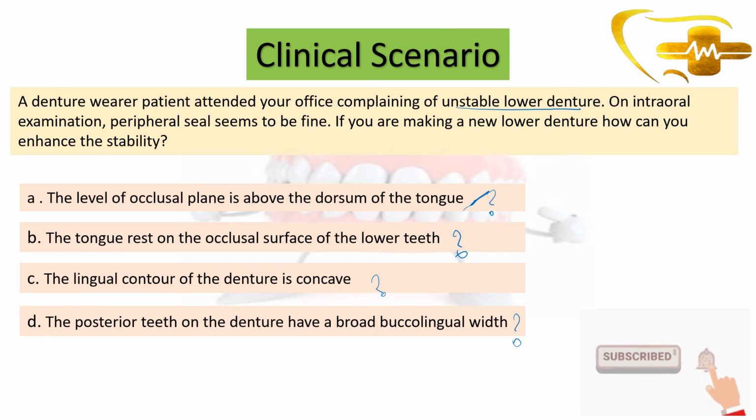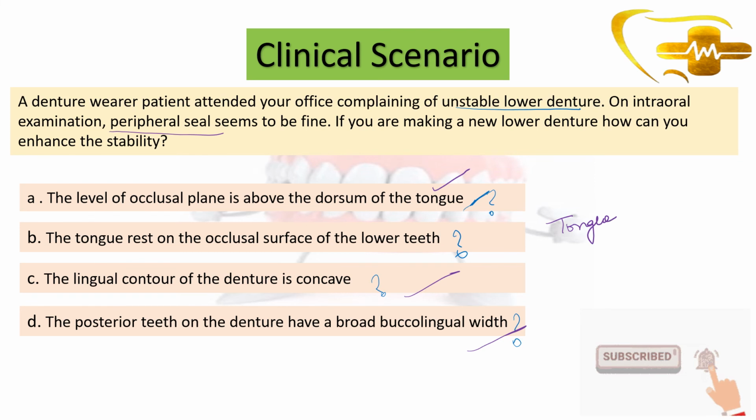See, if the patient is complaining of an unstable lower denture and you find the peripheral seal to be not normal, then you can go for these options. The posterior teeth on the denture having a broad buccolingual width, you can do this. The lingual contour of the denture making it concave, you can do that. The level of the occlusal plane to be above the dorsum of the tongue is mandatory. Okay, you have to do this. But the peripheral seal is good. So there is a problem with